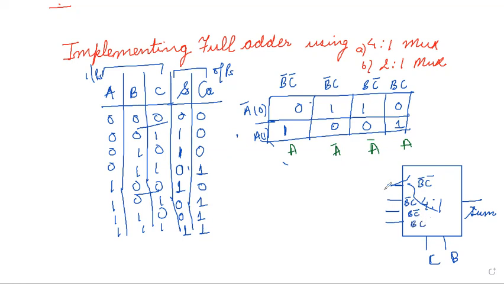So for the first and the last, the inputs have to be connected to variable A, whereas for second and third, they are connected to A bar. So this is how I have actually implemented the sum of full adder using 4:1 mux. To get the carry output, same procedure is going to be repeated. So we'll do that next. You people also can do side by side and check whether you are able to do it yourself. So let's start with that.